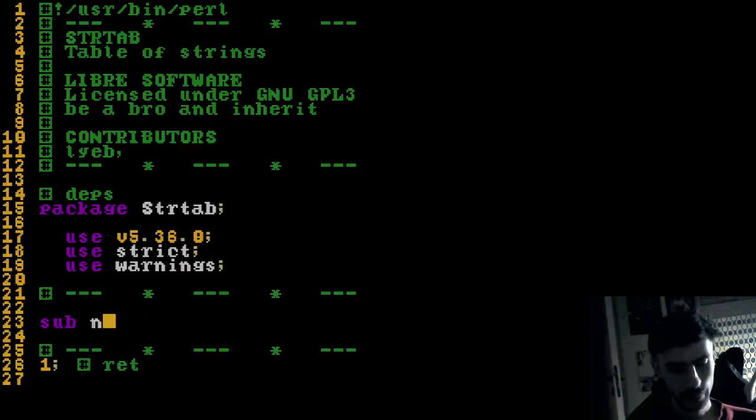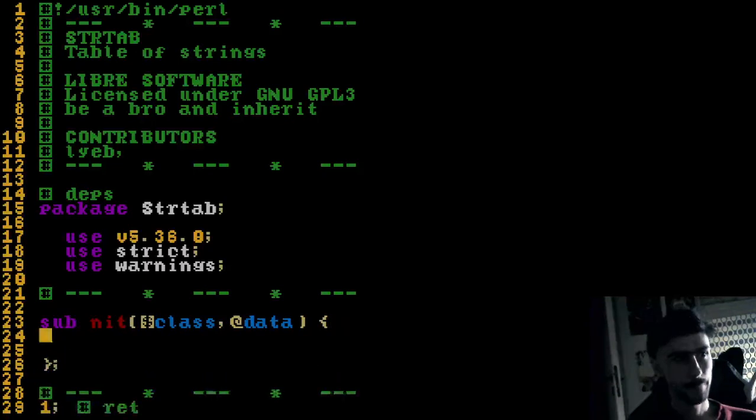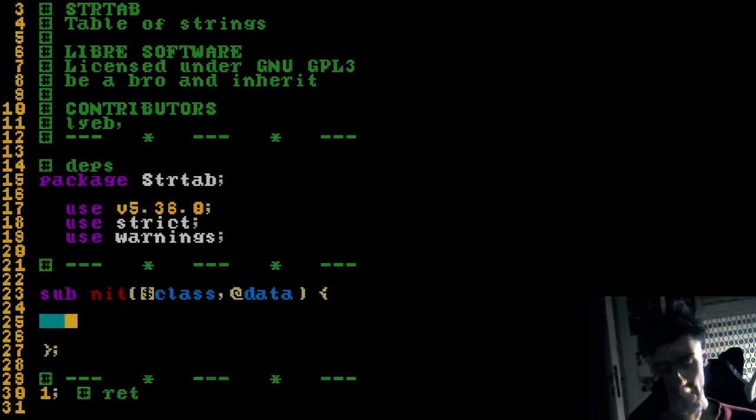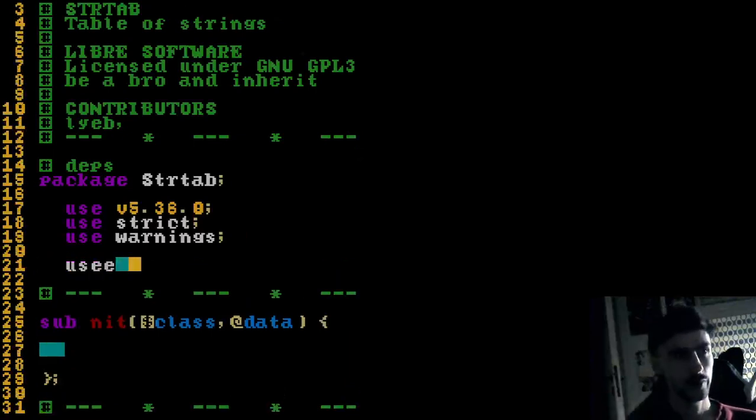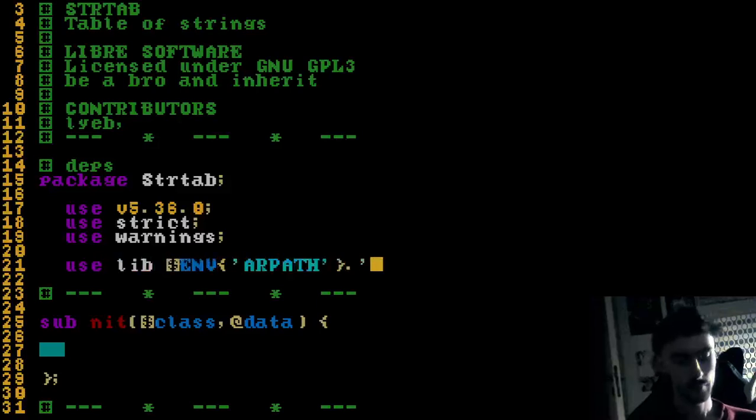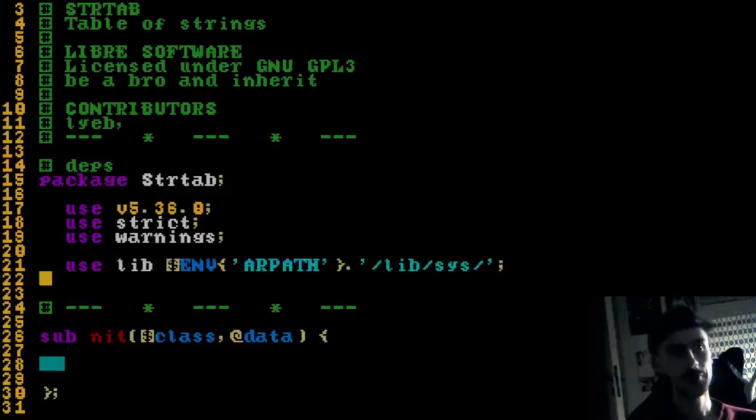Okay, so let's just do an init, and we take class and data. Okay, so this is just a straight up list. Data. And oh yeah, I know one thing I want to use. I need to take from my lib. Oops. From the system lib, I want to use SD. Okay, so SD is just